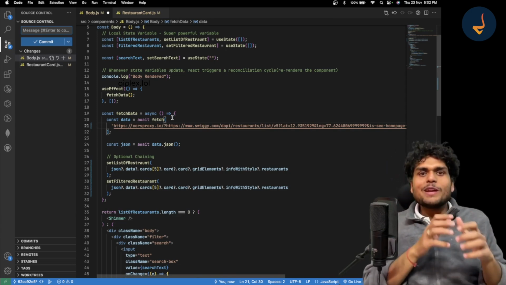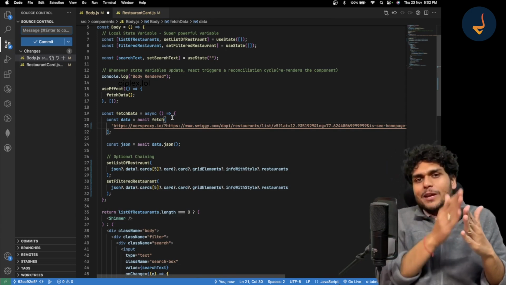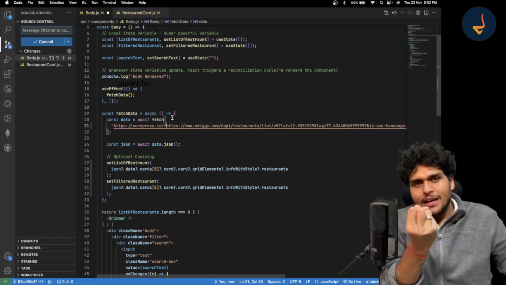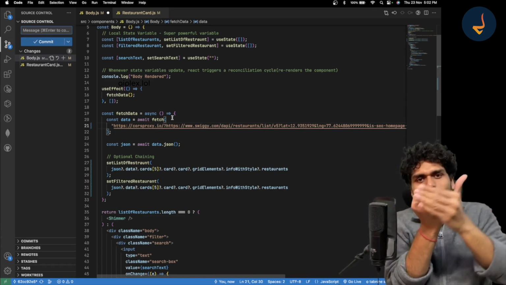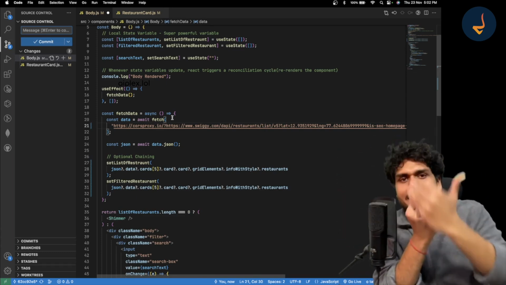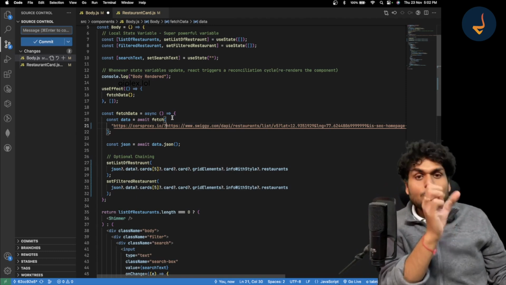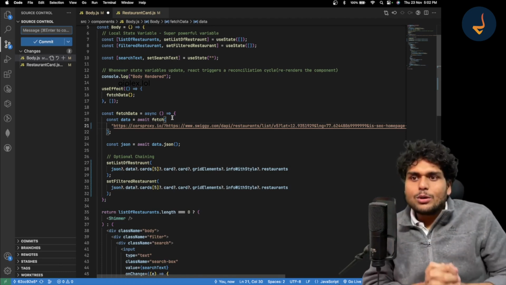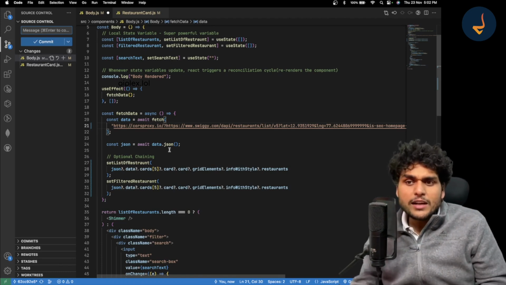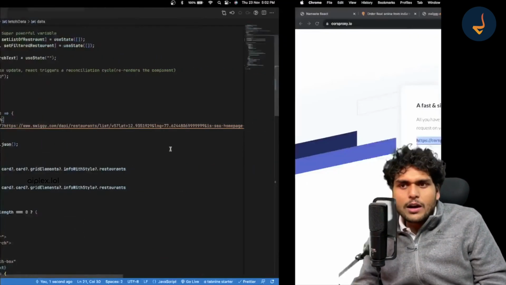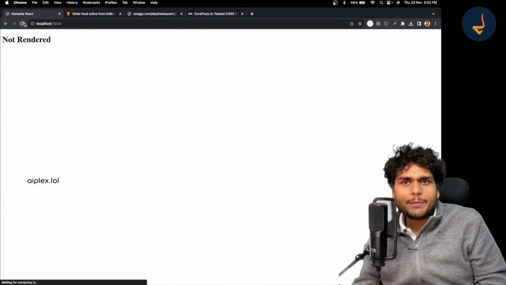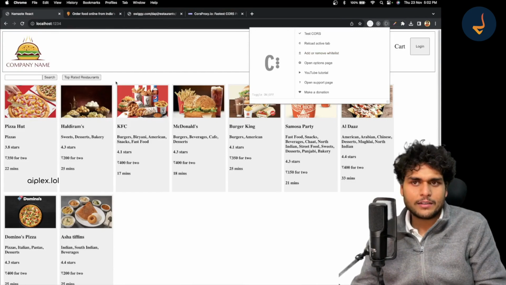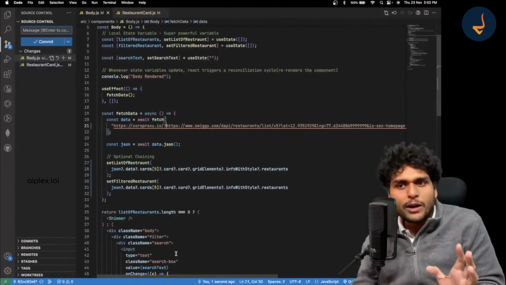Got it? So basically now you are not directly calling Swiggy API, you are calling this CORS proxy, which is acting as a proxy. CORS proxy is making the API call to Swiggy, getting the data and returning it back to you. So CORS proxy is handling that CORS issue. Okay, so this is what it is. If I save my code, if I go back to my Namaste React application, see, it works. It works even when my CORS plugin is not activated. Okay, so this is what you can do.